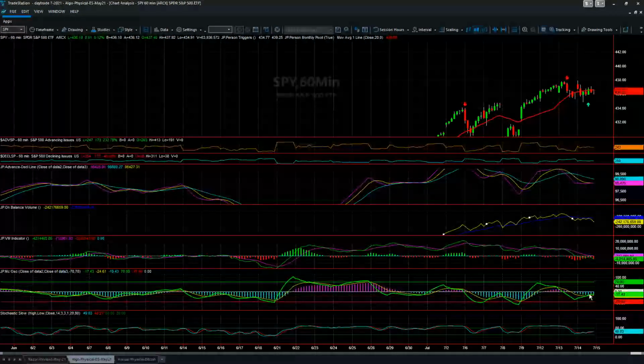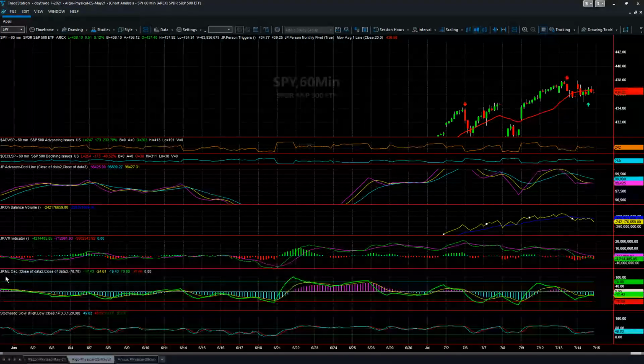This is the modified McClellan oscillator. What is this? It's Sherman McClellan's oscillator indicator on breadth using advancers versus decliners and a moving average component. It was based on the NYSE, but I just took his rationale, which is why I didn't call it something different. It's the JP Mick oscillator, because I used his concept and applied my data or my theories and modified it